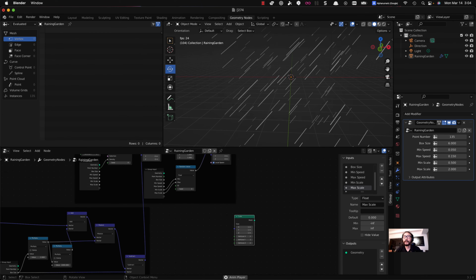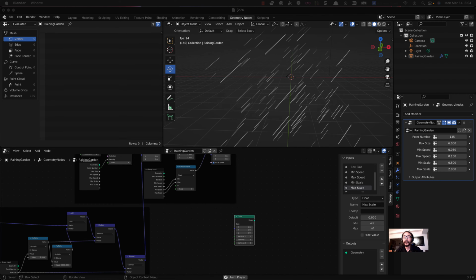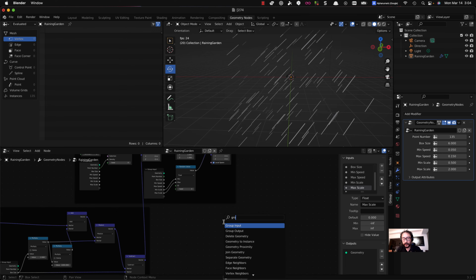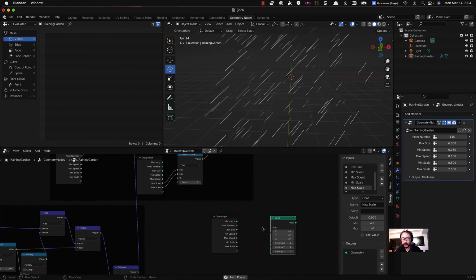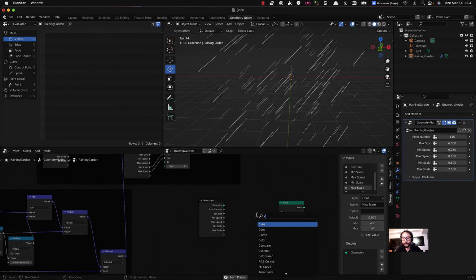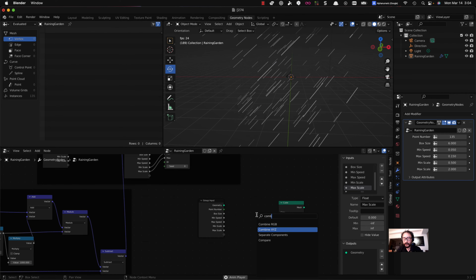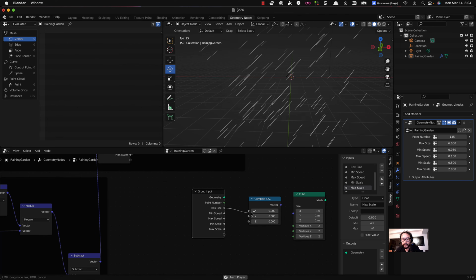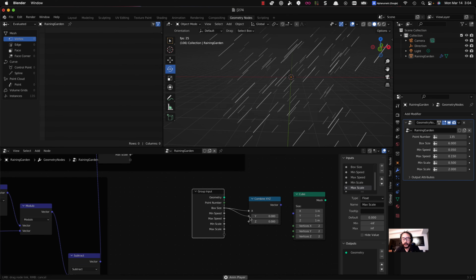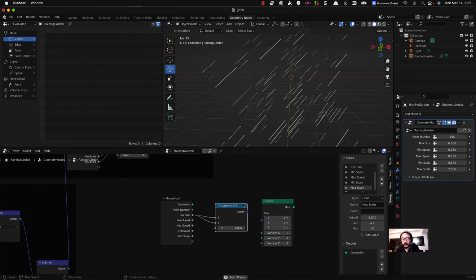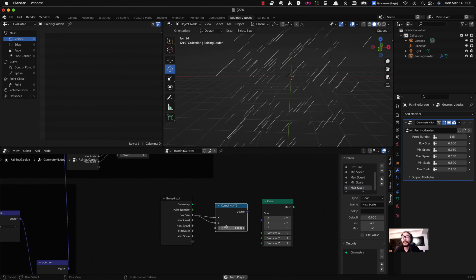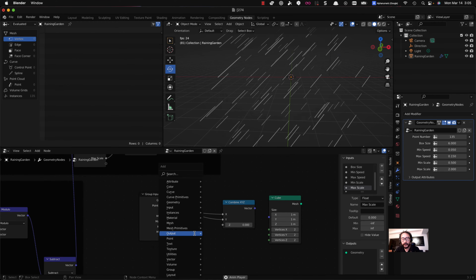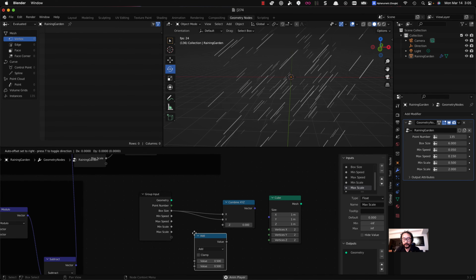So maybe thinner than the box size. Okay, so let's do this by first of all bringing up the group input, which has this input box size. Let's create a vector value using combine x, y, z, and for the x and y I'm going to set x and y. Okay, and for the z value, it could be any kind of value, maybe a multiplication of this box size. So create a math node,